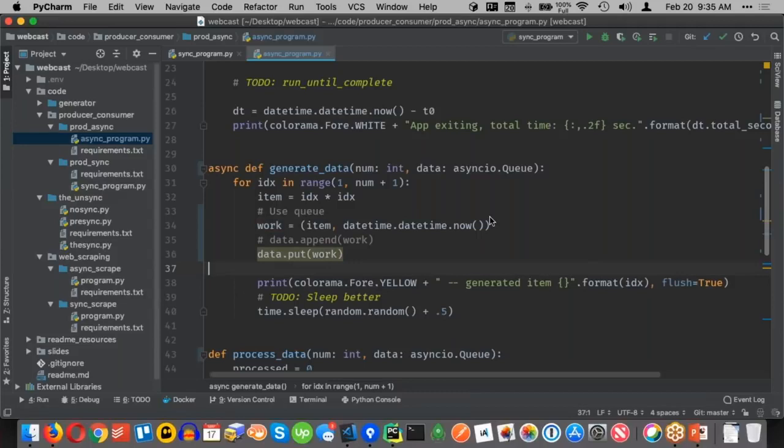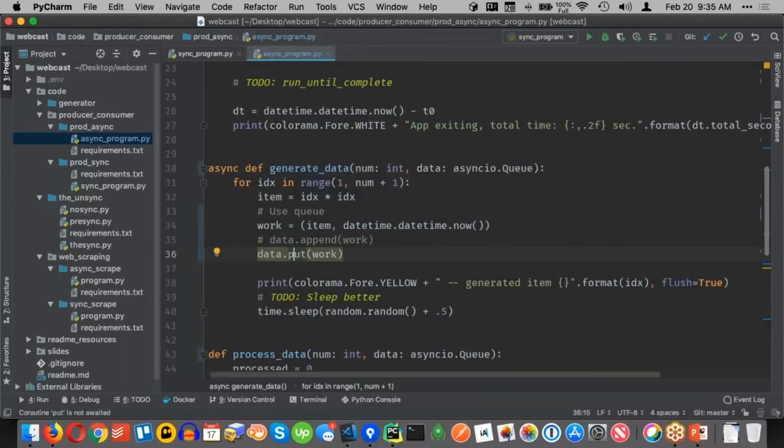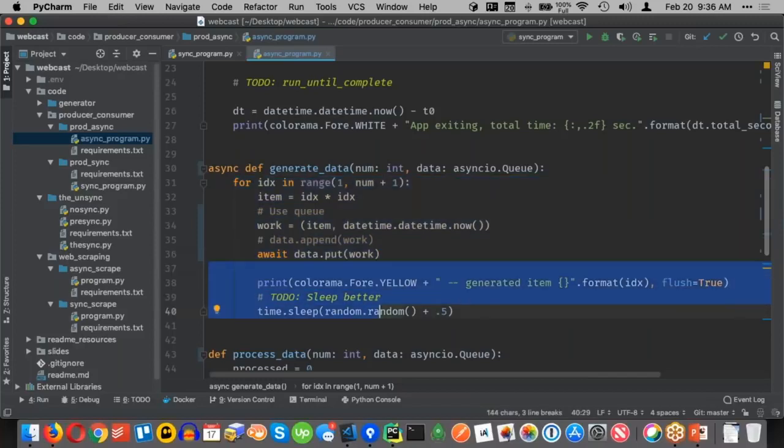Now notice there's something wrong here. And it's like, well, what is happening? The problem is that we need to actually await it because put itself is an async method. Anytime you call an async method, well, most of the time, what you want to do is say, I'm going to run my program down to here, and then this thing might have to wait until it can perform its operation. So I'm going to let other stuff happen while I'm waiting for that to do its work. And then when it's ready, I want to resume and run here, okay?